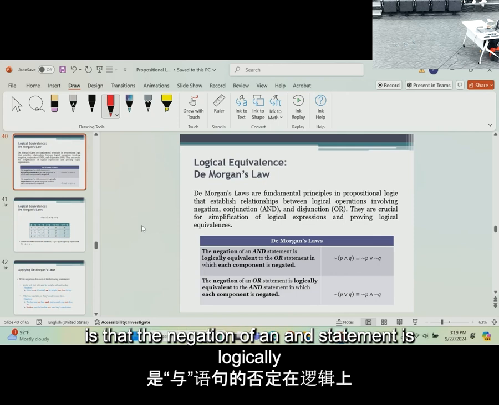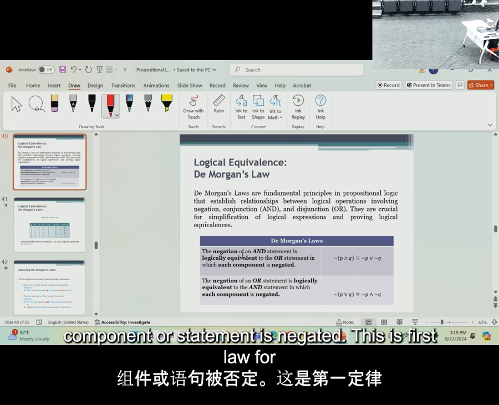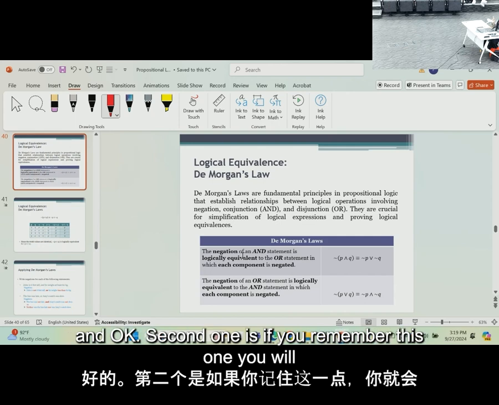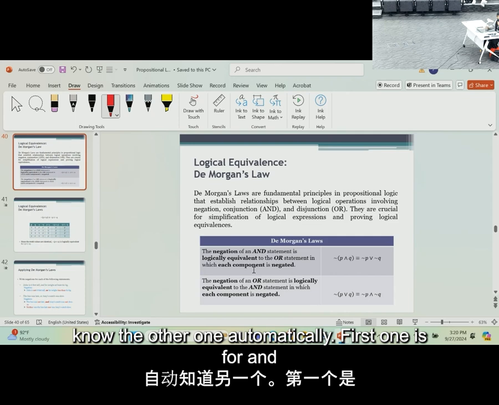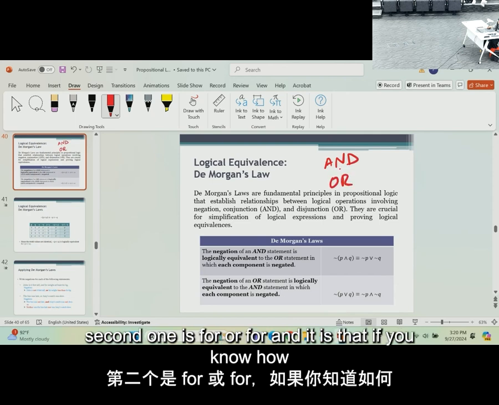The first one is that the negation of an AND statement is logically equivalent to its OR statement where each individual component or statement is negated. This is the first law for AND, okay? The second one is for OR. If you remember this one, you will know the other one automatically. For AND, it is that